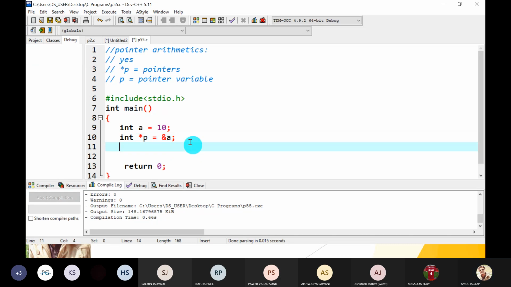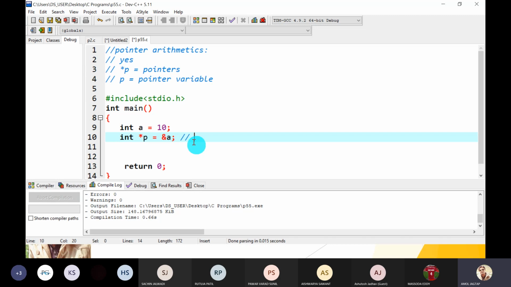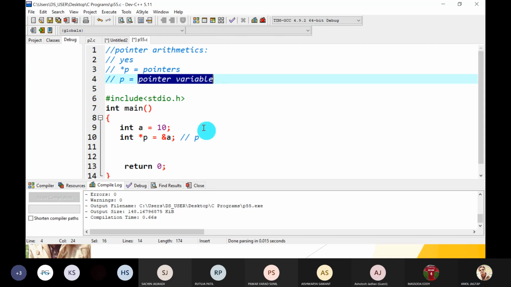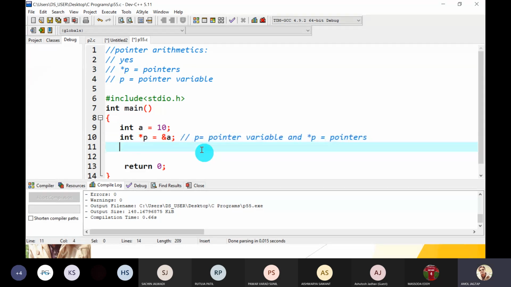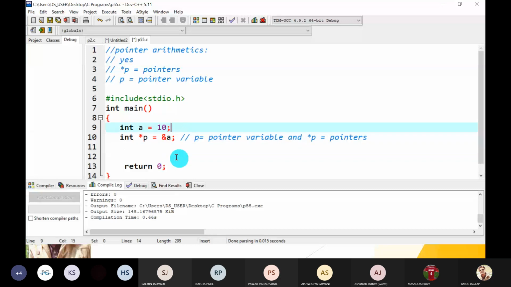Now pointer p has two forms: just p is called the pointer variable, and star p, asterisk p, is called the pointer.